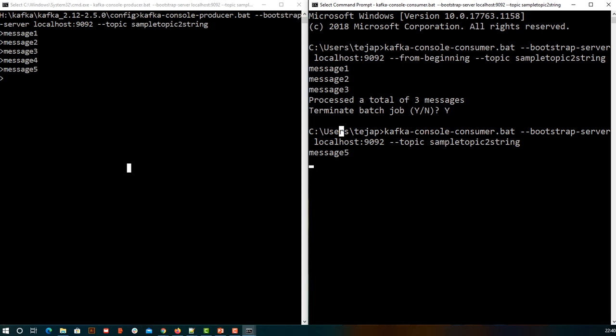But when you are having this in production, your consumer will keep track of that. Consumer keeping track means Zookeeper will track this. The only thing is, when you mention from beginning, it will consume from the beginning, but if you are not mentioning that, it will consume from the time it got started. So message 4 was not consumed because at that time the consumer was not started, and as the consumer got started, we are not telling it to consume from the beginning.